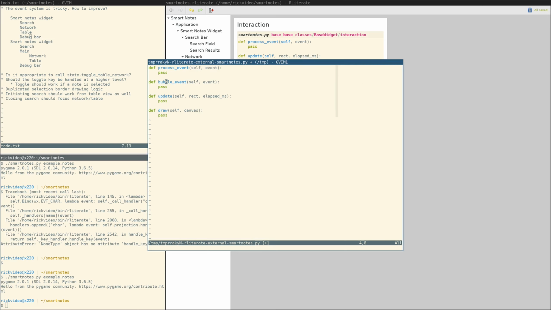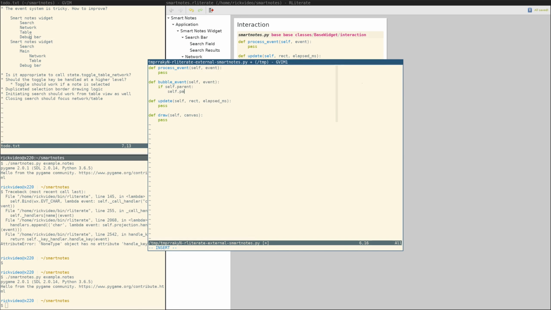And eventually, if the parent doesn't handle the bubble event, it will probably just bubble up one more level to its parent. So the default implementation should probably be something like if self.parent,